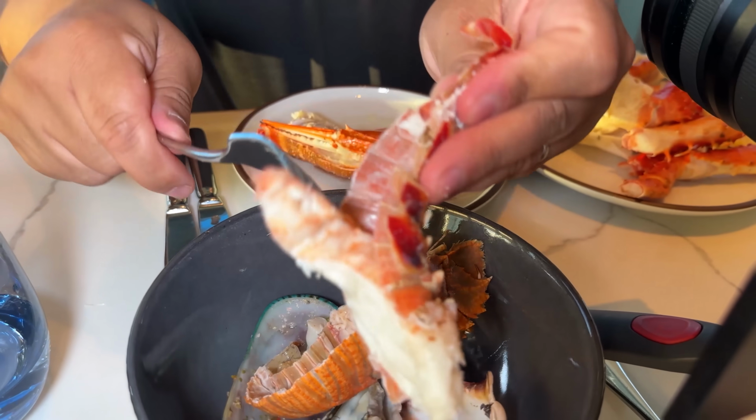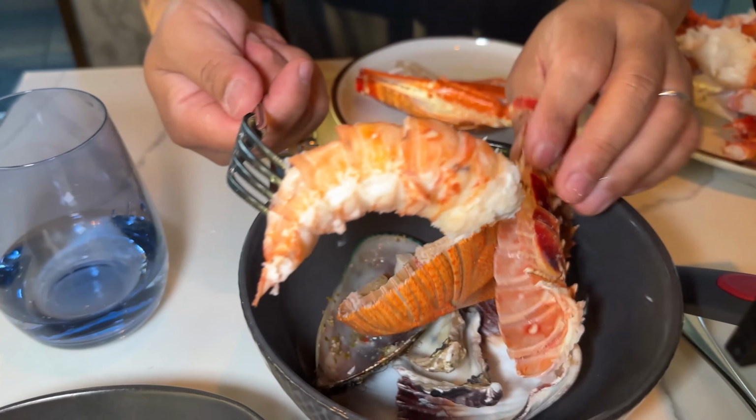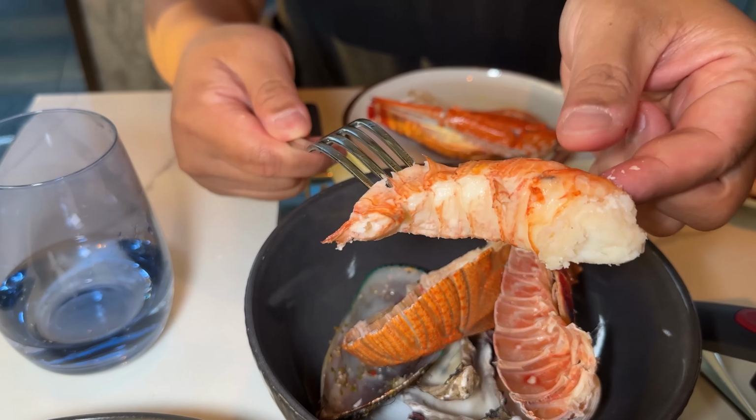This is the spiny lobster. Spiny lobster, not as sweet as the Atlantic lobster, but the flavor is so rich. The meat is firm but tender, and I love how they just have raw garlic laying around. Got myself some raw garlic, chase it with that. Growing up, I ate raw garlics and scallions with pretty much everything, and it goes really well with the richness of the lobster. Flower crab,